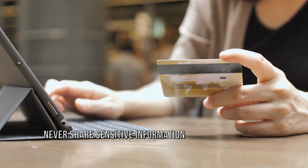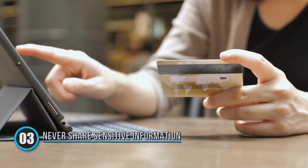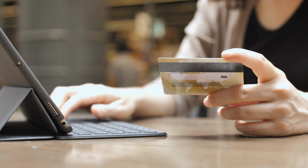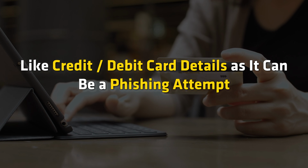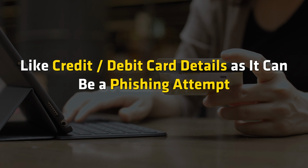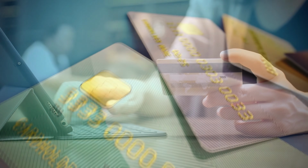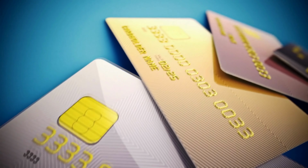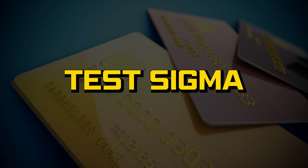Method 3. Never share sensitive information. If you doubt any email or website, prefer not to enter sensitive information like credit or debit card details as it can be a phishing attempt. If you need to enter card details, you can use credit card number generator websites like Test Sigma, Credit